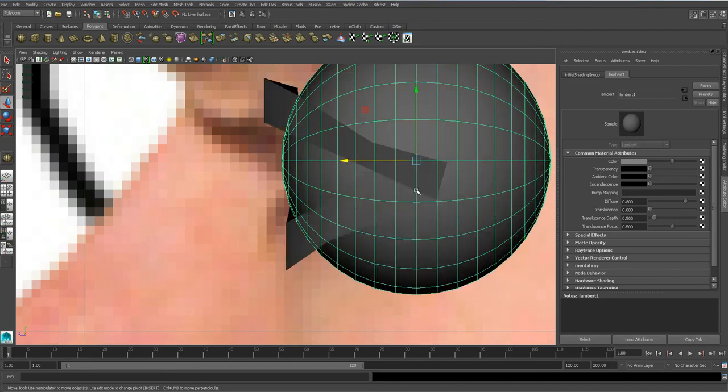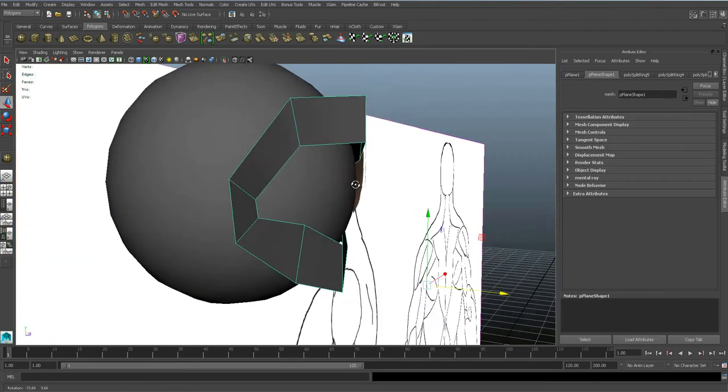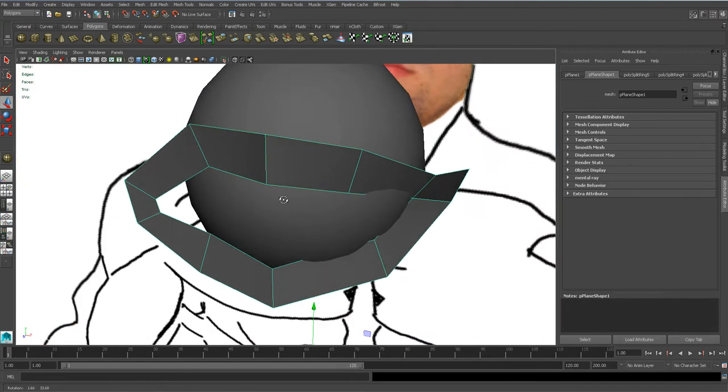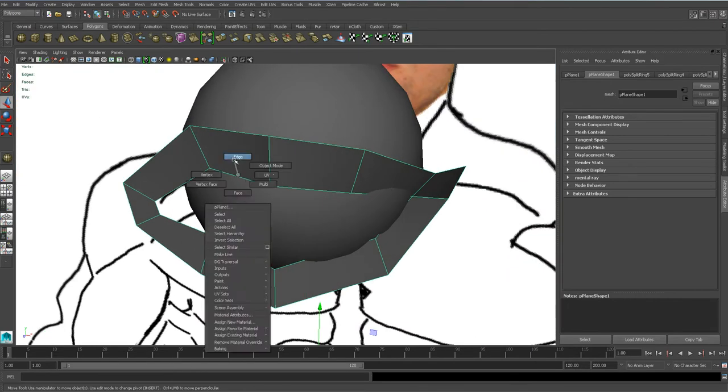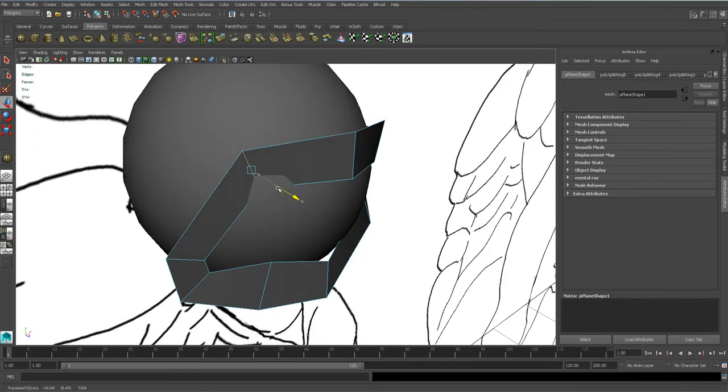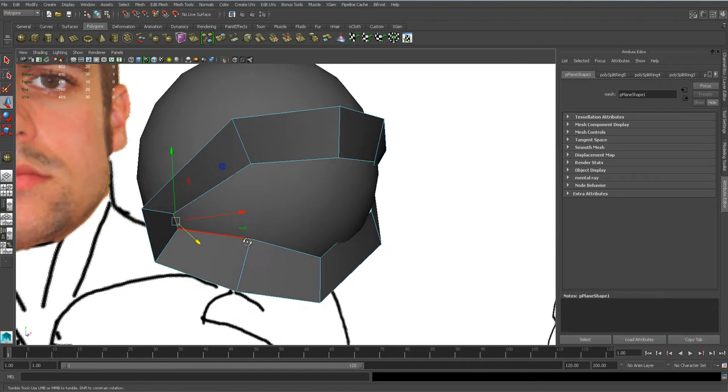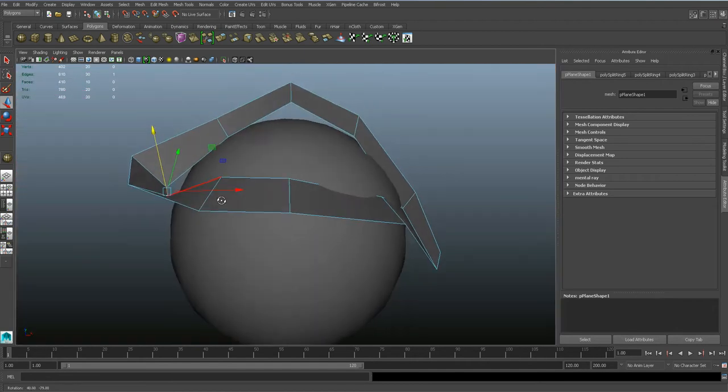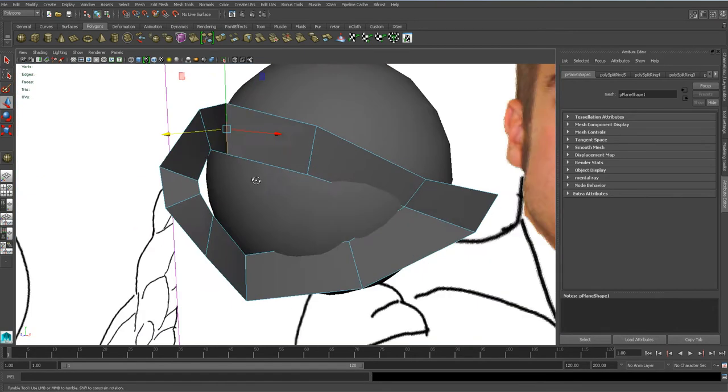Then you just try to align them again with that sphere. So this part looks pretty good. You should be a little bit further back, something like this. This one as well. This one should be all the way back, something like this. And then it gets a little bit tricky. Well, not per se tricky, but